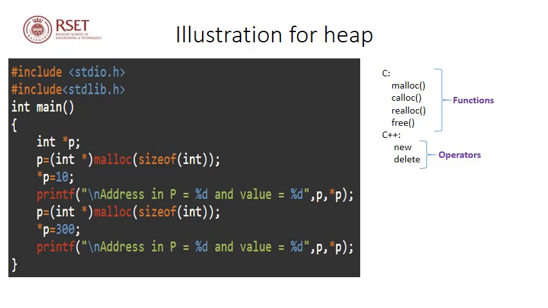So 4 bytes of memory will be allocated. Malloc usually returns a pointer. It will return a pointer to the memory location. And this pointer will be of type void. Therefore, we are typecasting it to int star. And now in the next line, we are assigning the value 10 to the address pointed to by pointer p. Next, in the next statement, we are printing the address in p as well as the value in p.